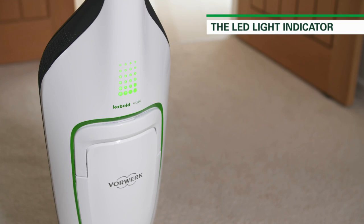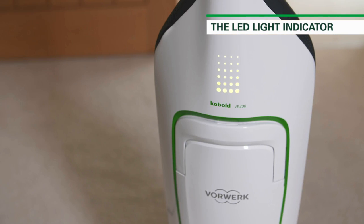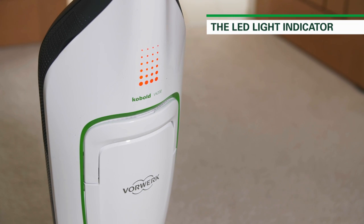If all the lights are lit up green, then your filter bag is empty. If only a few rows are lit up green, then your filter bag is filling up as it should. If all the lights are lit up yellow, it's time to change your filter bag. And if the lights are all lit up red, this indicates an issue with the machine, which may be as